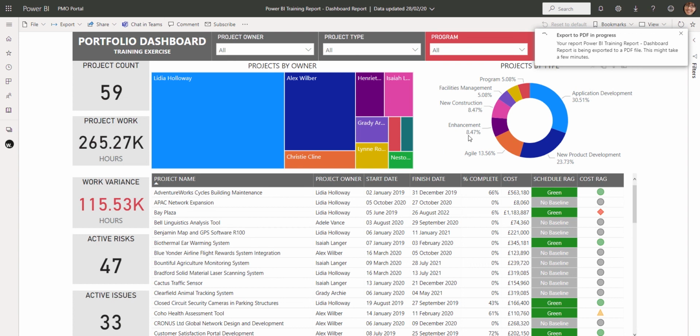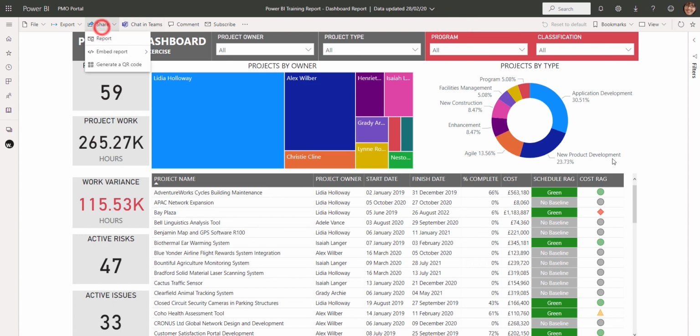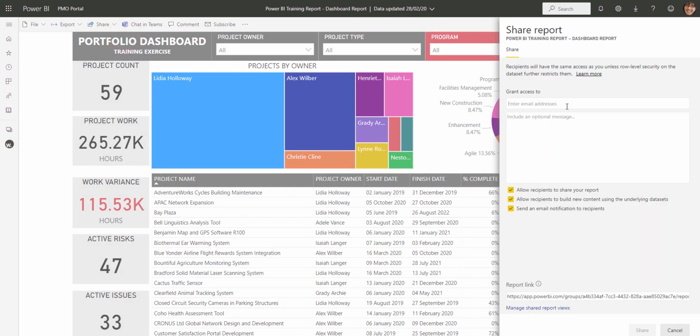And finally, as well as exporting reports from Power BI, you can also share reports with the other Power BI Pro users directly via the Power BI service. For example, the monthly status report can be shared directly with a sponsor via a link emailed to them. To share a report, select the Share button on the top action bar. In the Share Report pane, enter the recipient's email address. Specify any other options. For example, it would make sense to ensure Send an email notification to recipients is selected,